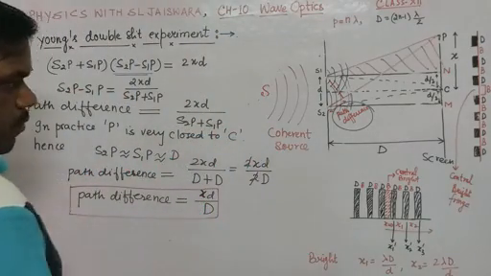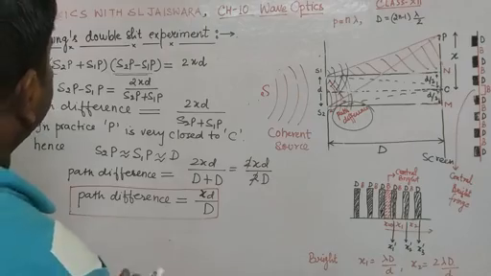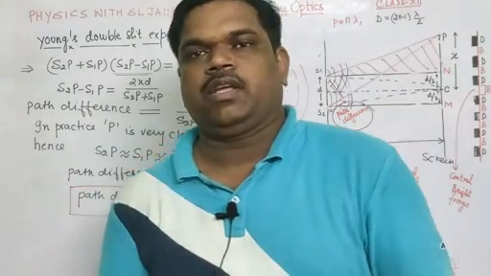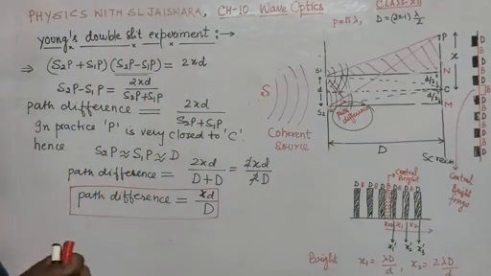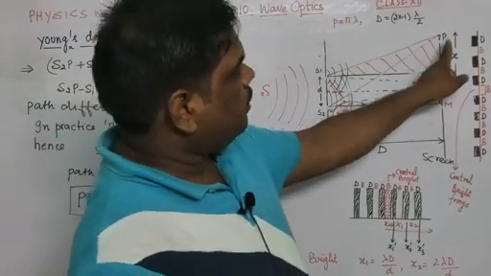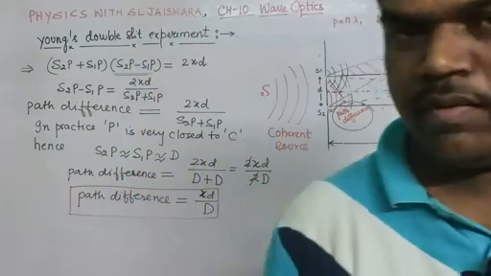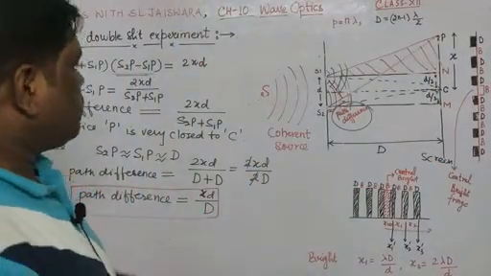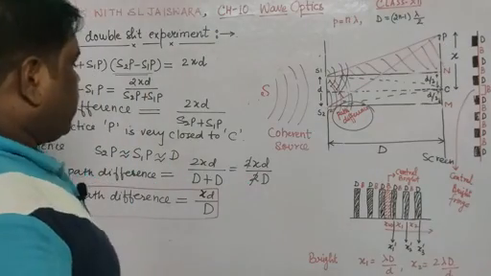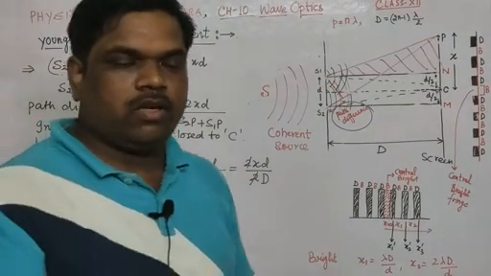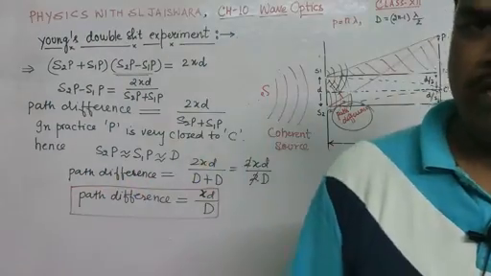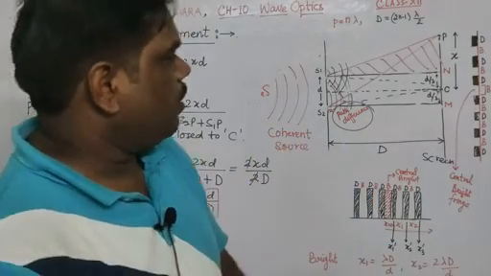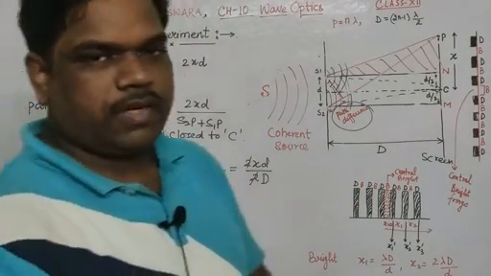So next, we want to calculate the nature of fringes. As you all know, if the path difference at P is an integral multiple of n lambda, then the fringes will be bright, and if the path difference is an integral multiple of 2n minus 1 into lambda by 2, then there will be destructive interference, and in case of destructive interference we will get dark fringes. So this we will discuss in the next class.